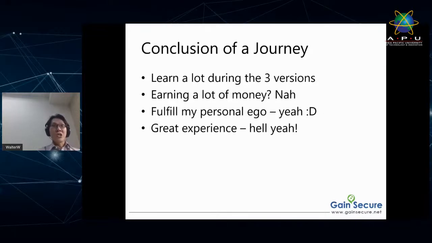We got the chance to go to the Tokyo Game Show. Actually, not only that, we got a chance to share our app with a lot of people. We did a lot of roadshows, including with Petrosains. If you know the science education center in KLCC, I do believe in the year 2015 we had a roadshow where we got invited.